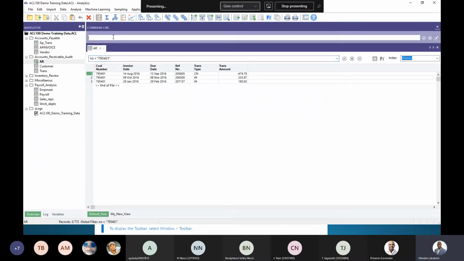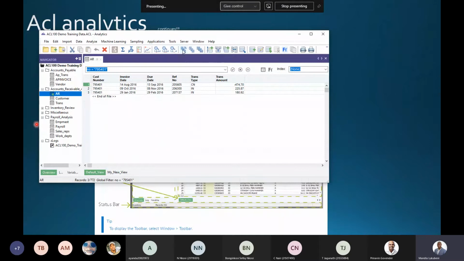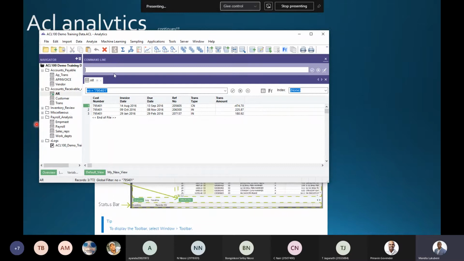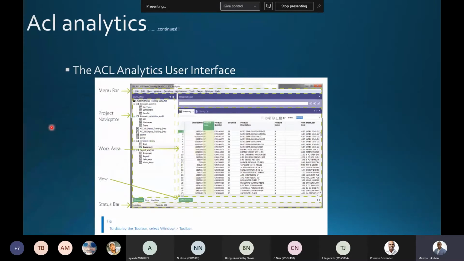And just slightly above that, I've got command line, and not every one of you has that command line. Like you enabled your tools bar, you would go to window and tick the command line. You see when I untick it, it disappears. When I go back and tick it, it appears. This is where you can run some of the commands. So you can only run one command at a time there, but you'll get to that level when you do scripting to run some of those commands from the command line there. I'm just going to pause for a second and just see if we did get that concept